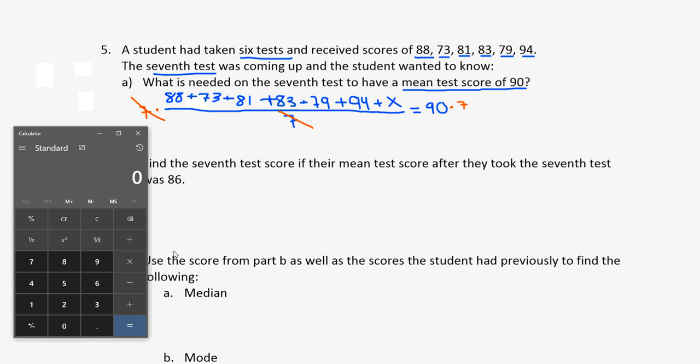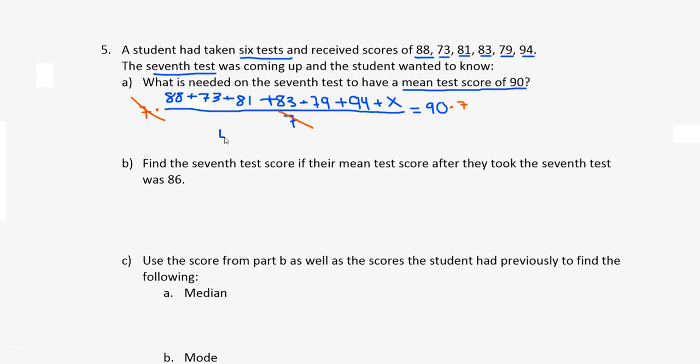88 plus 73 plus 81, 83, 79, 94, 498. So if we add up all these numbers here, you get 498. I still have plus x equals 630. And that 630 is from when you multiply 90 and 7. So to solve this, you just have to subtract 498 from both sides. That cancels out here, so this implies x equals 630 minus 498